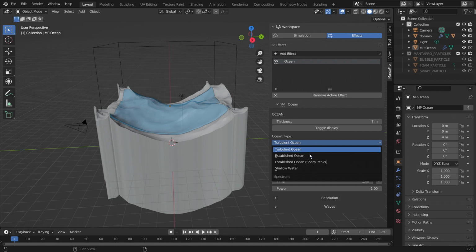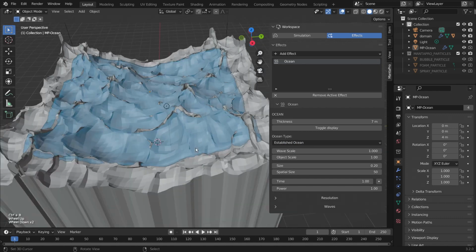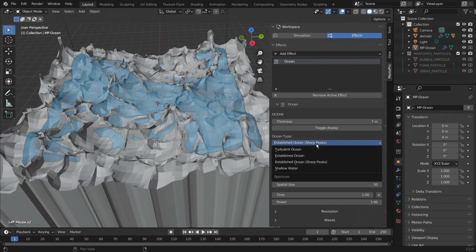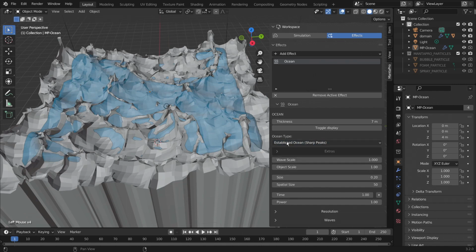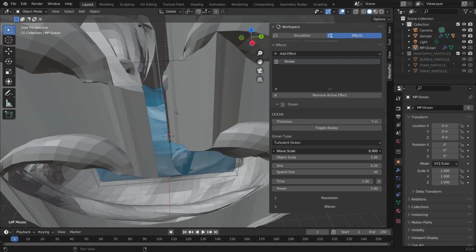type, like established ocean, and all these. And basically we have just all the settings for the ocean modifier, such as the wave scale,